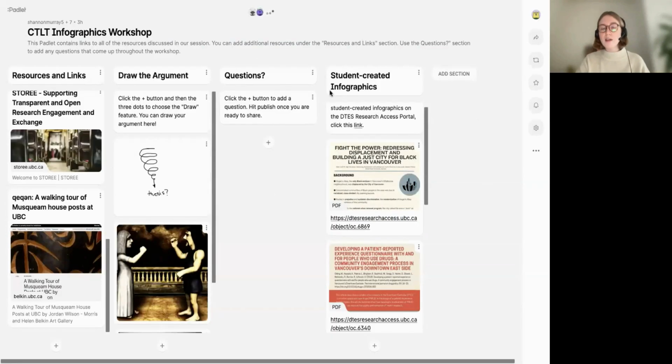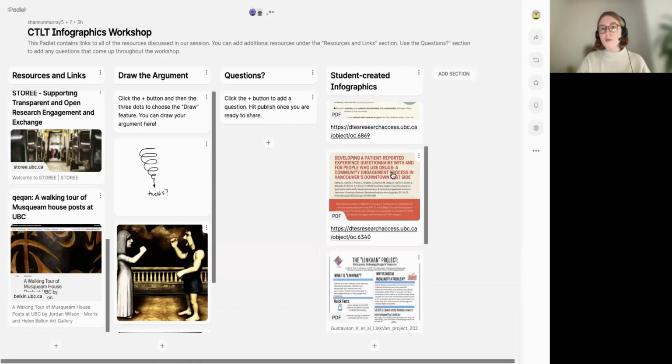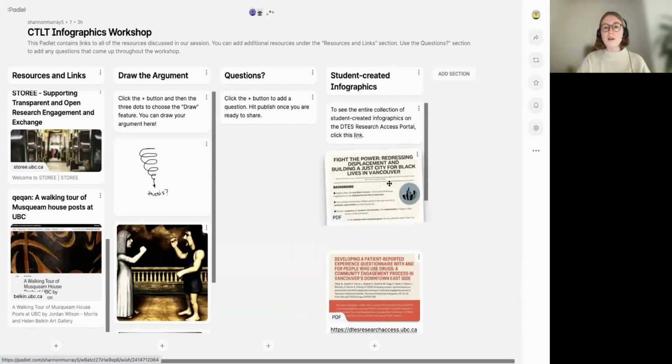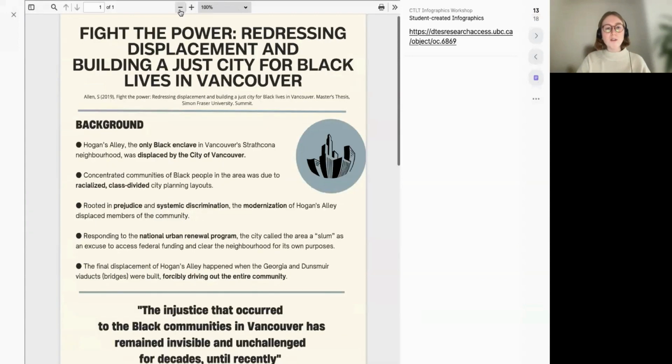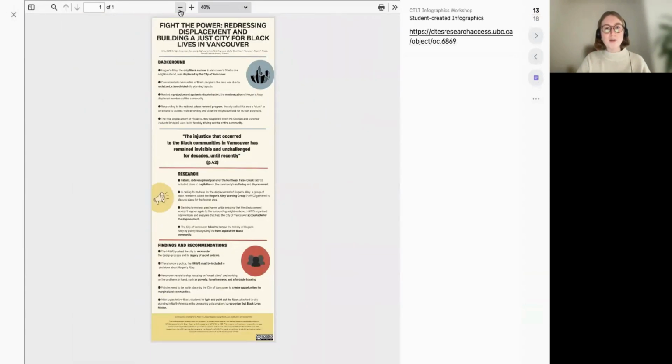Okay, so again, you can come and look at the Padlet on your own time, and it might be a little bit easier for you to look at the infographics on your own screen. But we chose a few infographics here that we thought were a nice representation of what students have done so far in this project. So here is one that was recently created in this past term, so from the recent batch of infographics. I'm just going to zoom out so maybe you can get a full idea of what they look like. When you look through these infographics, you might be able to see some different elements from the toolkit, those